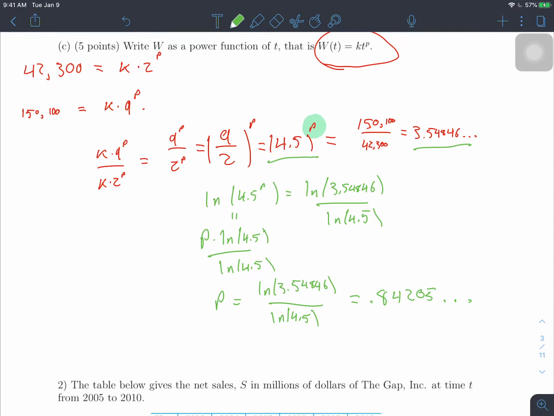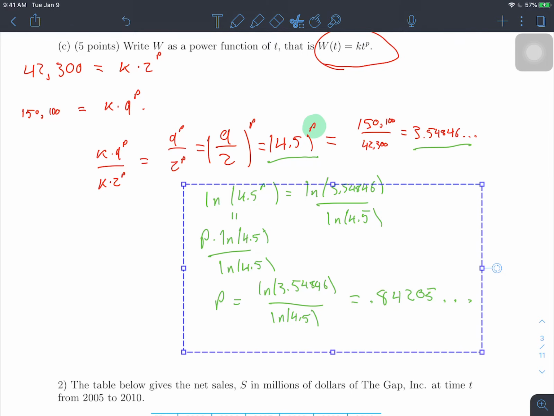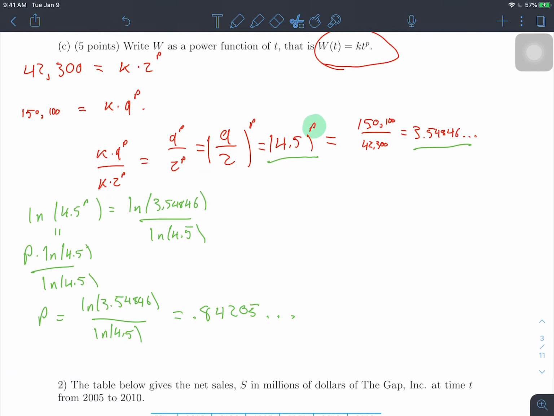Okay, so I found out what P is. I should move all of this over a little bit so I can have some room. The last step now is to take P again and plug it into one of our equations. So we know that